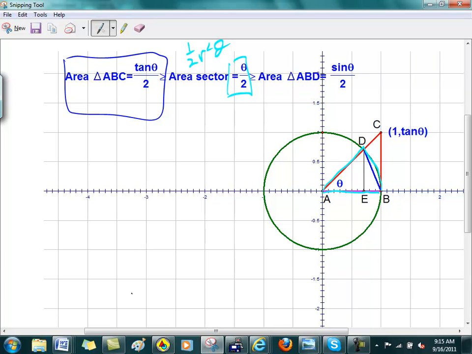All right. Now let's go to the area of the other triangle, ABD. Okay? So to look for the area of the other triangle, I'm going to use this as the height and this as the base. Everybody see that? I'm going to use this as the base and this as the height. So area of triangle ABD is going to be 1/2. What's the base equal to? 1